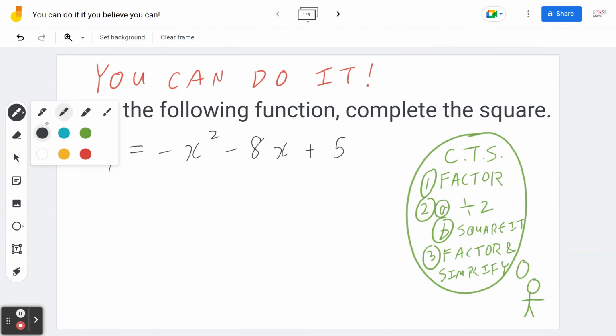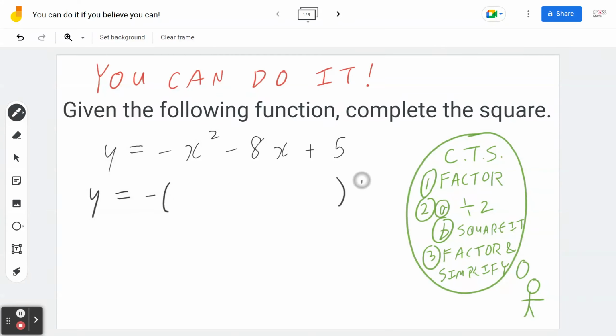So here's the first step. If you think about this, y equals negative x squared minus 8x plus 5. So step one is to factor. You're going to grab that negative 1 to the front, and you don't factor the constant at the end. So there's a plus 5 at the end of the equation. You can just copy it. But if you think about the negative sign, that means you have negative, open bracket, x squared. Now, the reason why this makes sense is because negative 1 times x squared will give you negative x squared